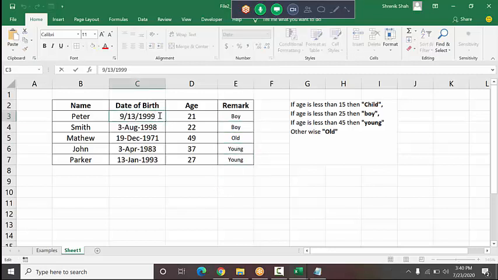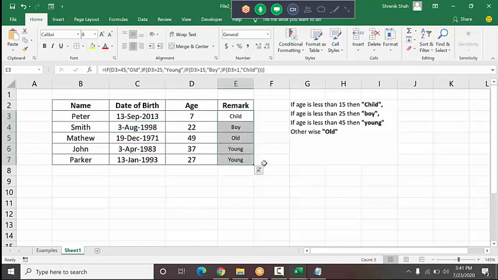Later if you change the birth year, then also it works. If I try 1965, you can see it changes to old. If I try year 2000, then it prints boy. If I try, let's say, 2013, it prints child.